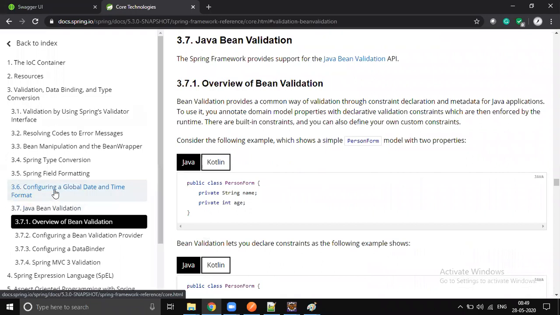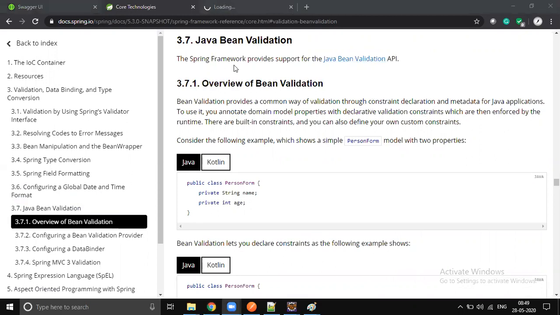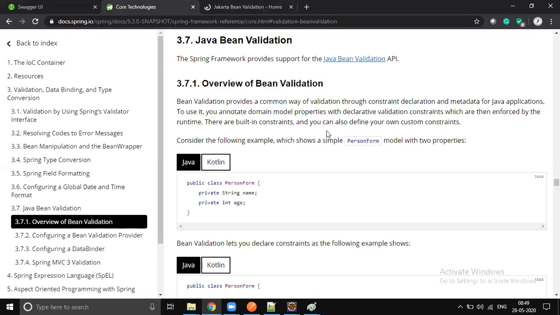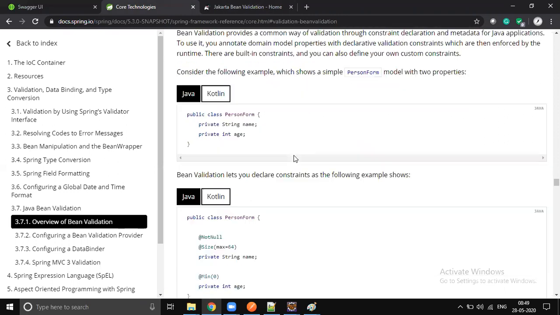Let's go to the section called Java Bean validation, right? So here the Java Bean validation API is already available. That's what we are talking about, right? JSR 330 validation API. So beanvalidation.org is a separate project. So Spring is going to support that.